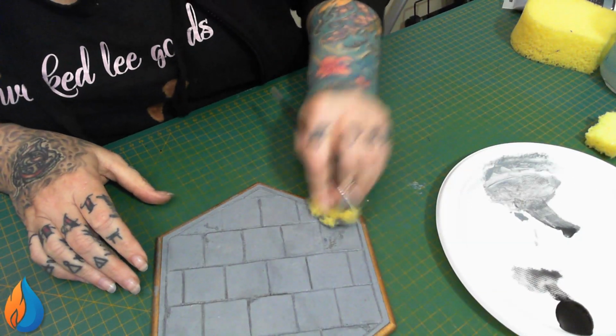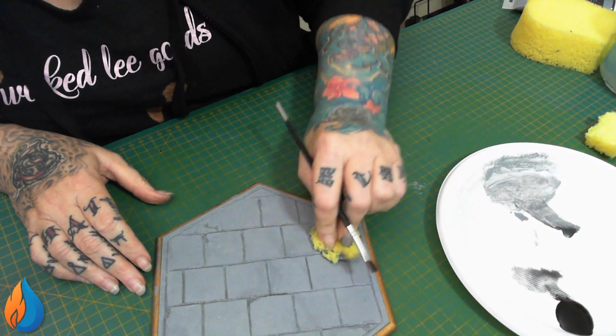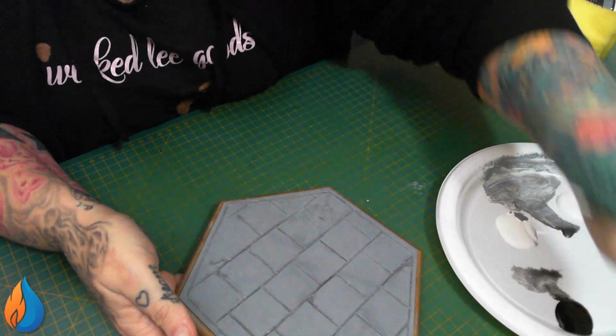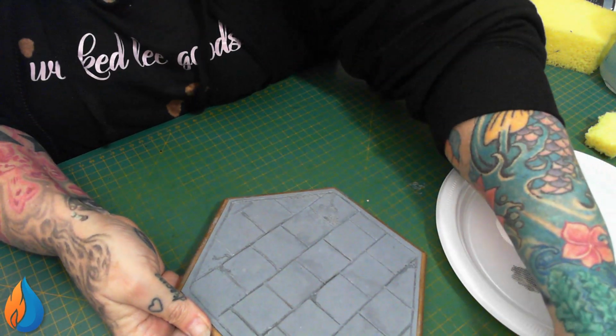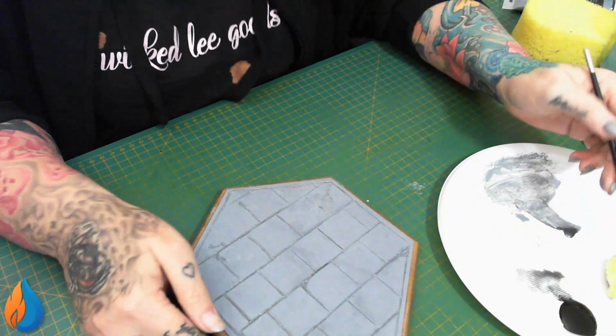Right. So all I did was just put a bit of water over that, and then I've come back in with the sponge. That's better. That wrecked it. Alright. So, just in case I actually do come back, I'll leave that. If you leave your sponge face down,